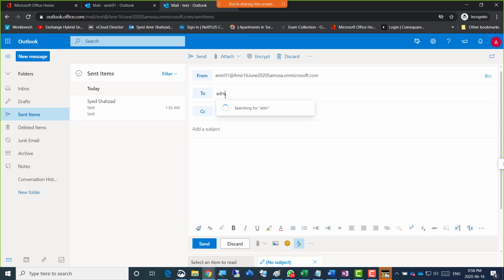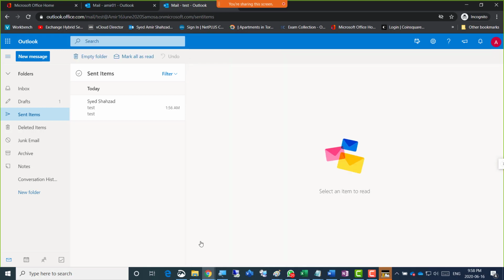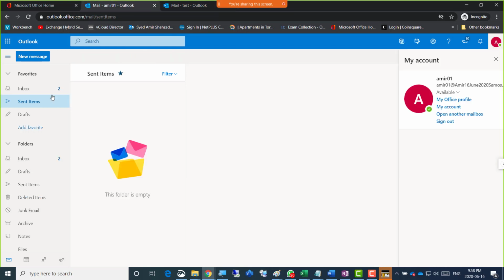To admin, right? I changed from shared to this user who has the rights, and test. This is what you were saying. If you send it, it should show under the user's sent items. The shared mailbox still has it, but does the user also have it?